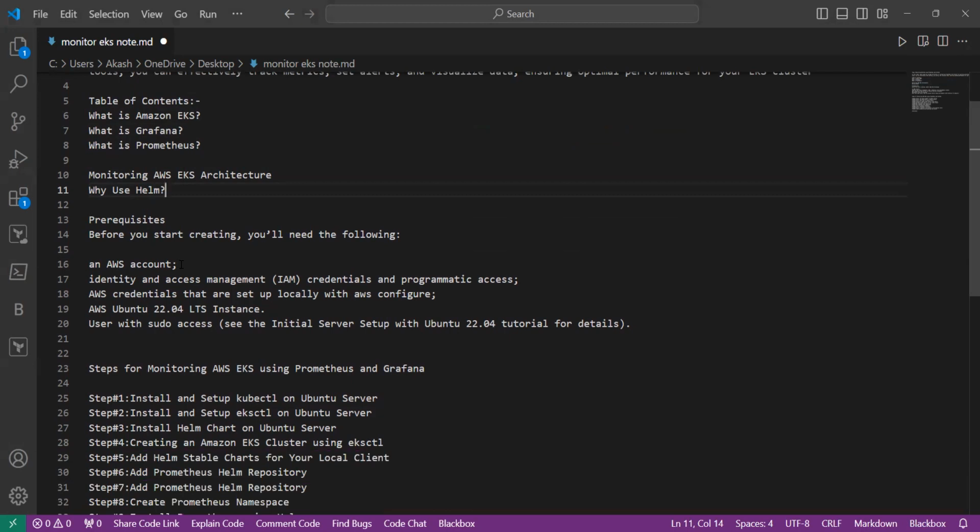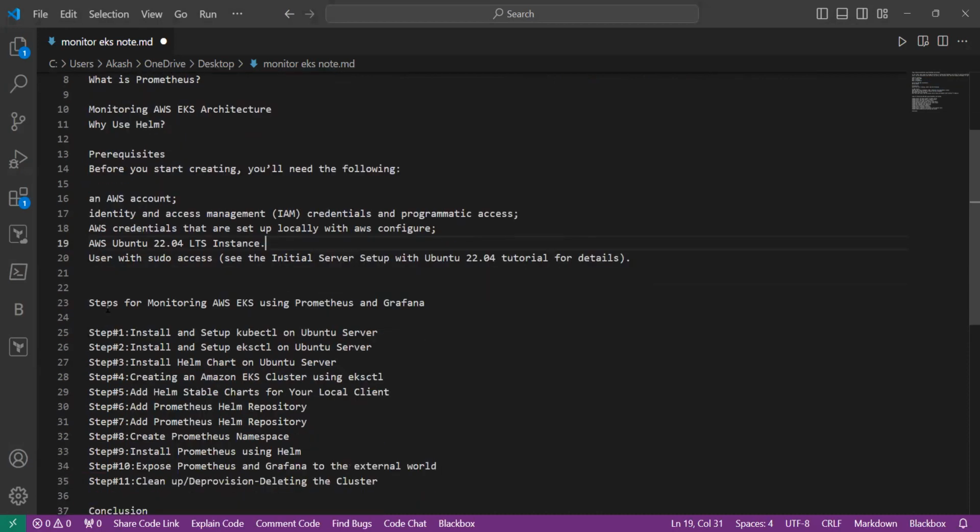You should have an AWS account with an IAM user and your AWS credentials set up locally by using the command aws configure. After configuring, you should enter your access key and secret key created. Then you need to have an Ubuntu server instance with sudo access. Then we will learn about the steps for monitoring AWS EKS using Prometheus and Grafana, which